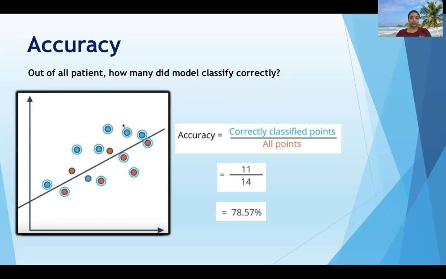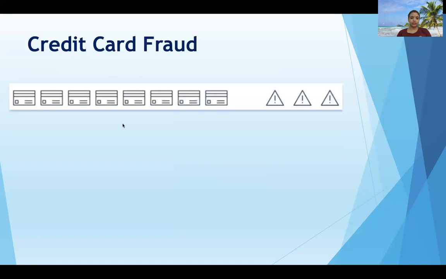Now accuracy cannot always be the best metric to use. To understand more about it, look at the credit card fraud example. Here we have to detect credit card fraud cases. We have a lot of data in the form of credit card transactions, and some of them are good and some of them are fraud. Now let's look at the numbers. There are 4 lakh good transactions and 400 fraudulent transactions.